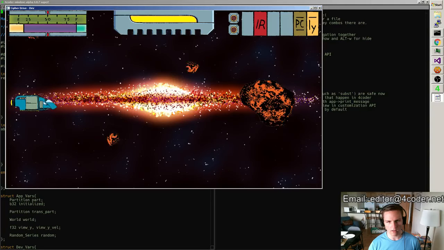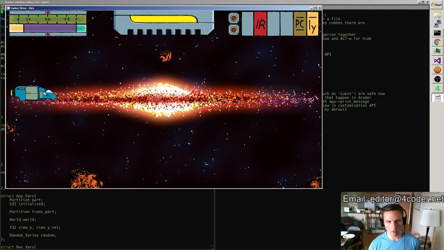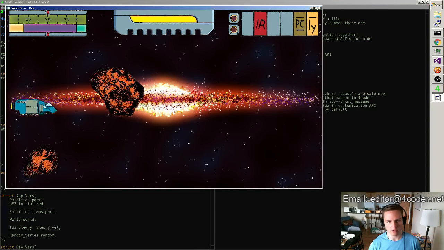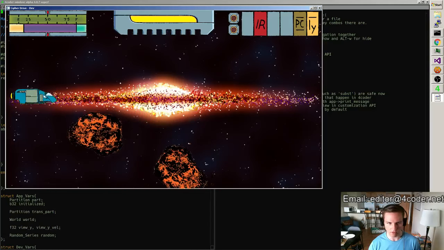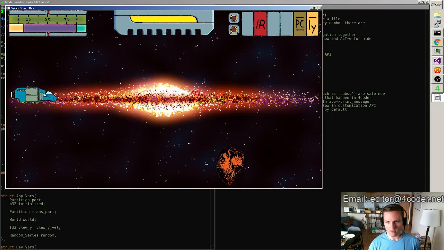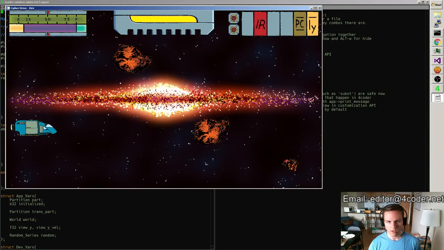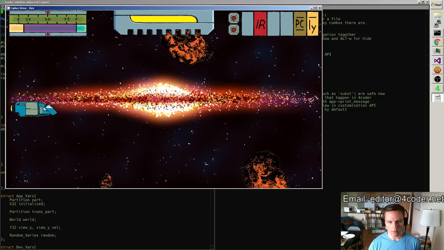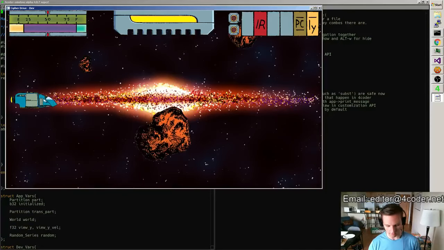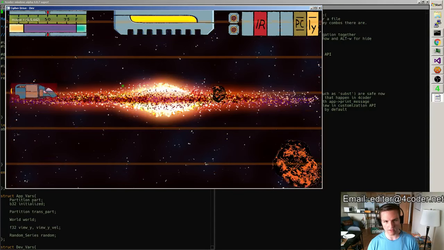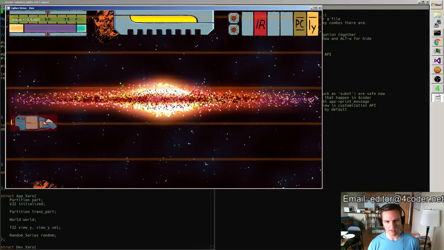I think the HUD is new now. It was not here before. It's just sort of a test version of the HUD, to make sure we can see how things are going to fit on the screen, and that we have a system for putting stuff like that up there. And now, what I need to do today is, I have this debug mode where I basically am able to